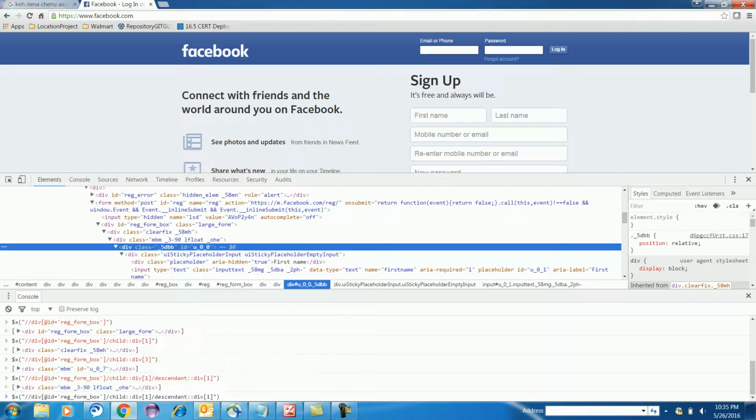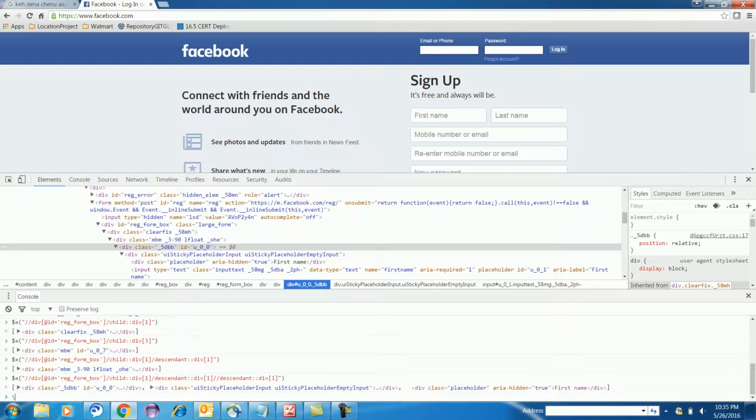So again we can write descendant, which means go down one more time. It's very simple, copy this, and I am saying go one more level down, descendant, and again go for div 1. Now if I place the mouse over here, my first name is getting highlighted.